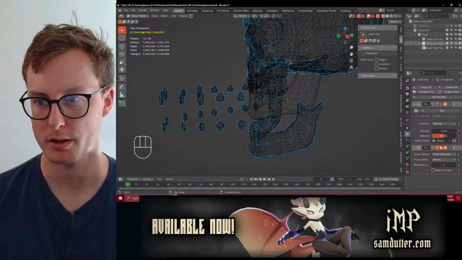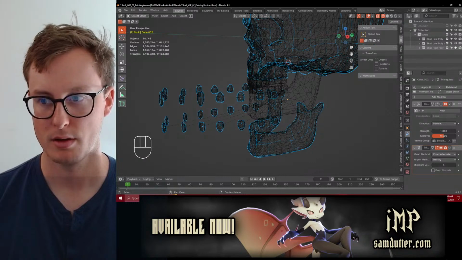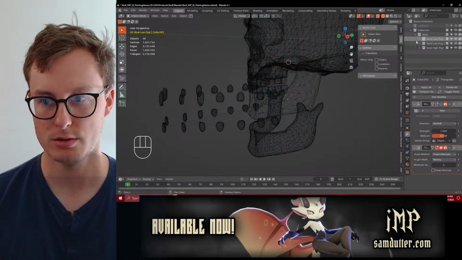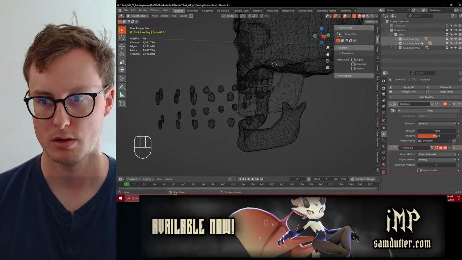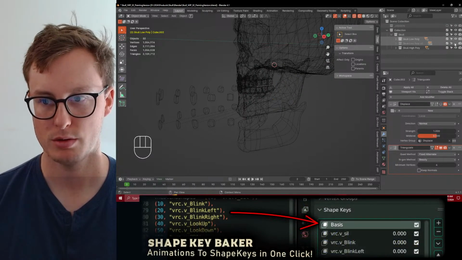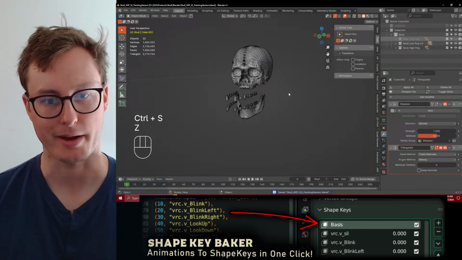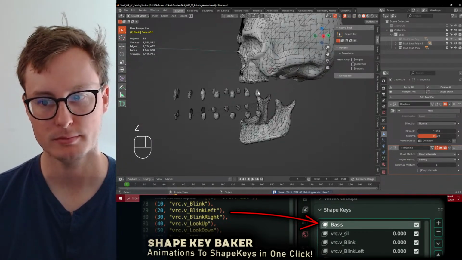Okay, so that's the high poly right there. Got the low poly right here, and this is the cage. Why do I have two? Oh, I see. Okay, I get it. Yeah, okay, here we go.